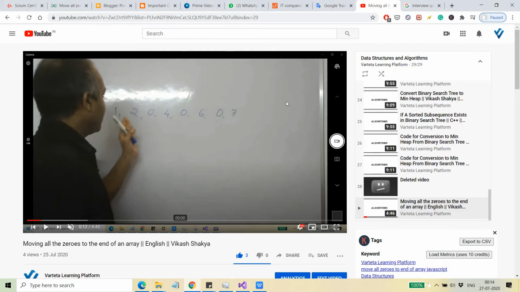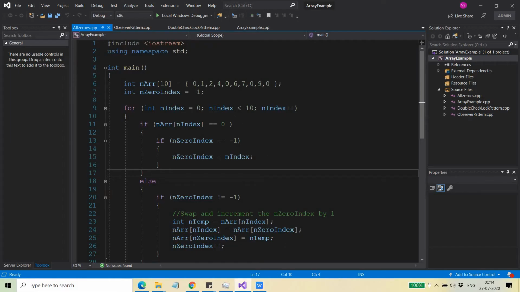So let's see how we can implement it. To understand the algorithm, you can visit that video, but the implementation I'm going to discuss today. So this is the implementation of that algorithm, and it is a very simple algorithm, and I already explained it yesterday. You will find that it was not that tough to understand. So let's see how we can do this.